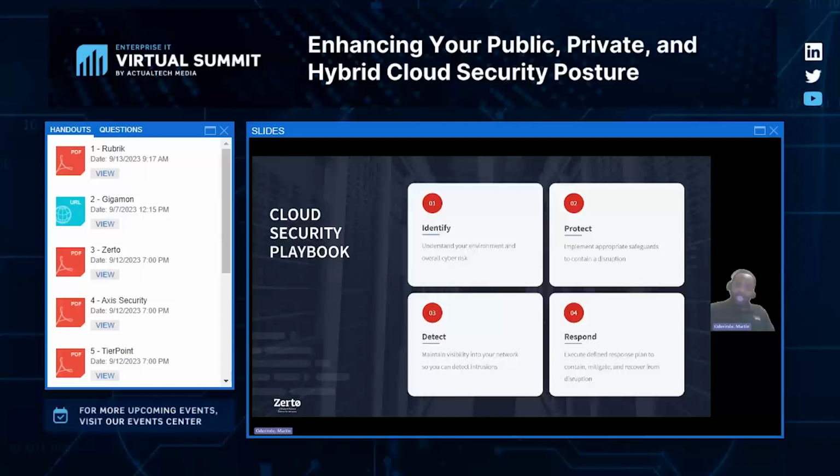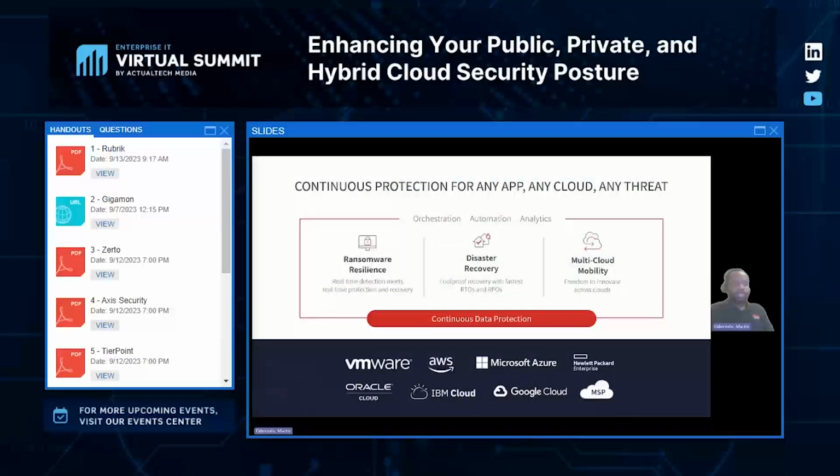And at this point, this truly is a full cycle. As you learn from your experiences, you optimize, see the gaps in your security, and reiterate these same 4 steps again and again and again. And so, Zerto really is that winning play that can plug in seamlessly with your cloud security plan.